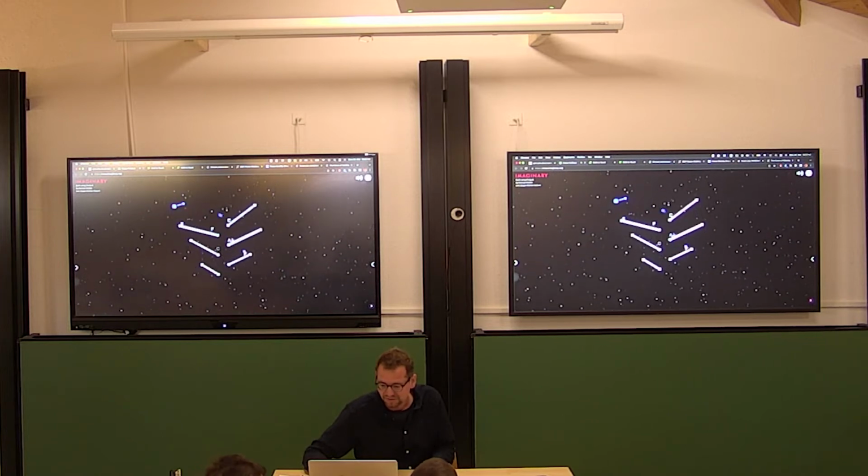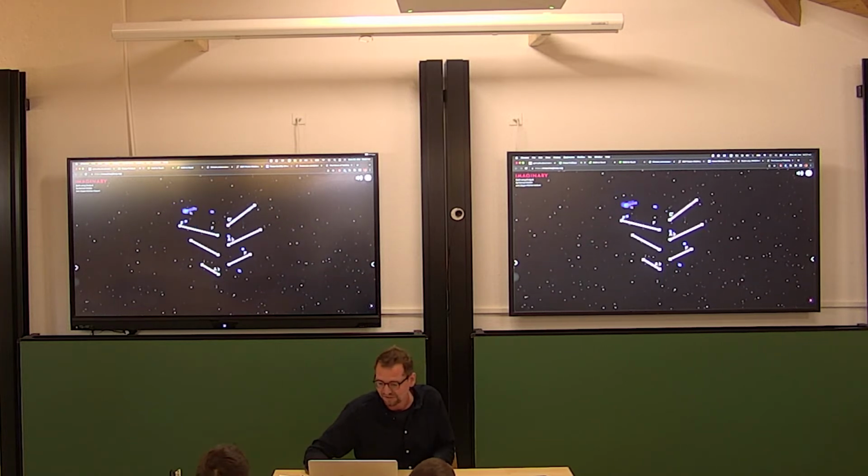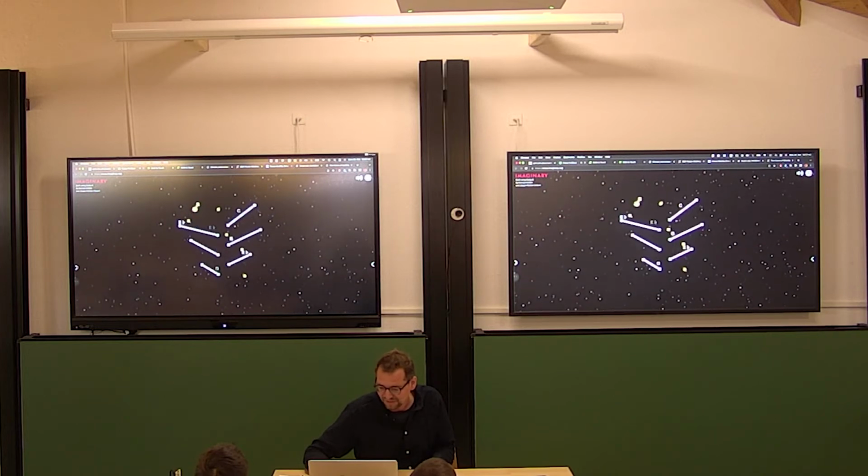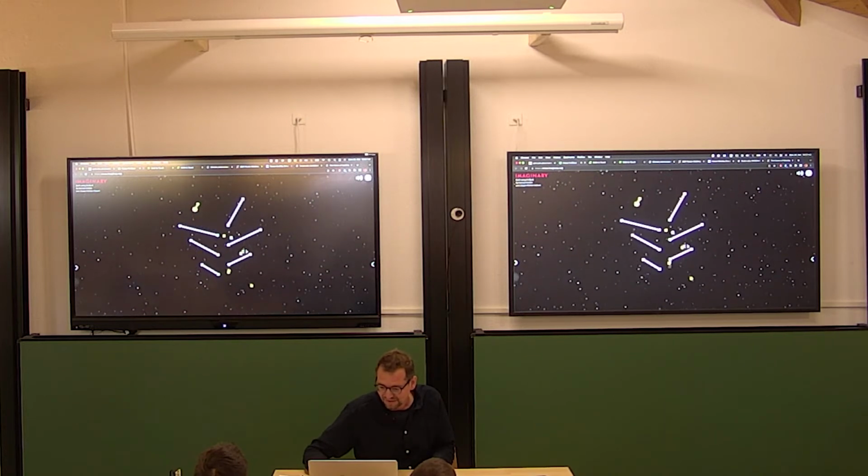You can imagine there has to be some interaction, so I can just change the position of the cannon. I can also change the